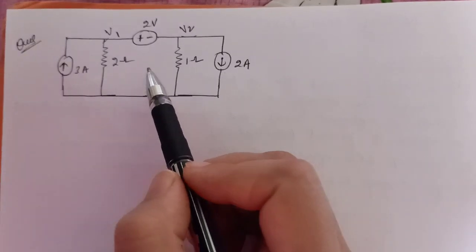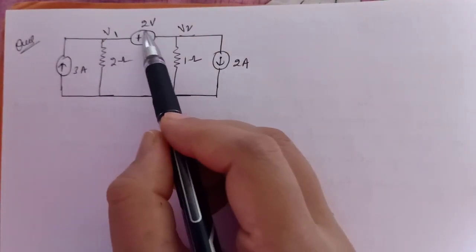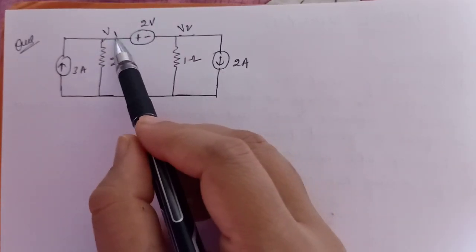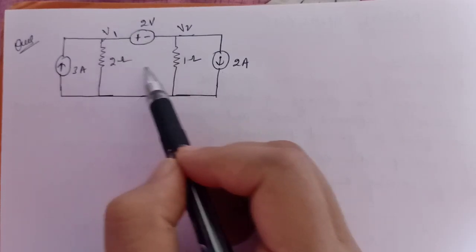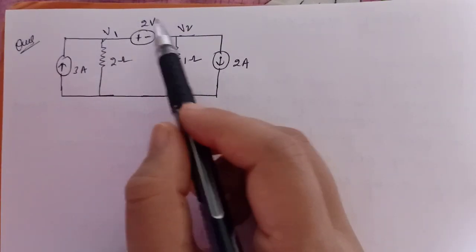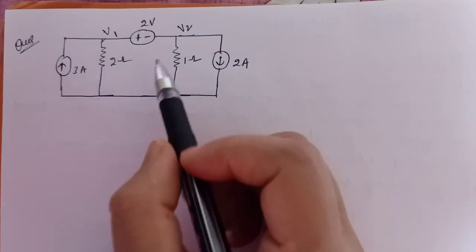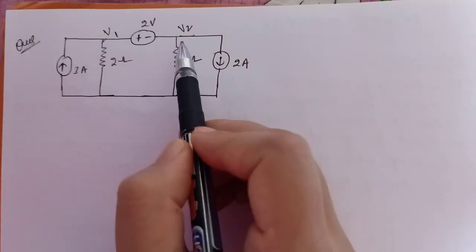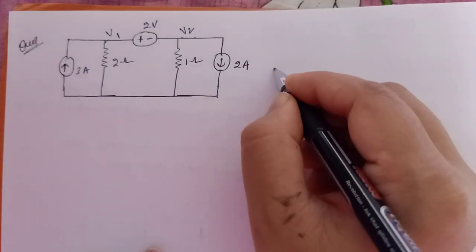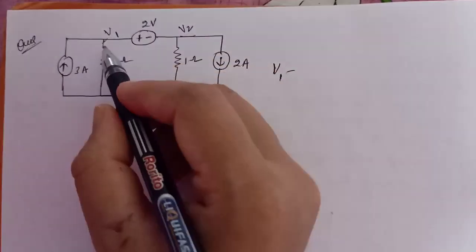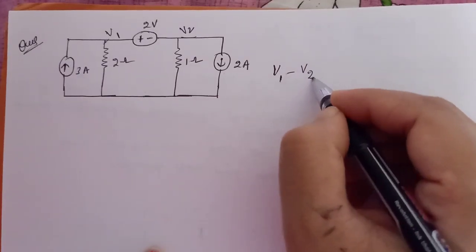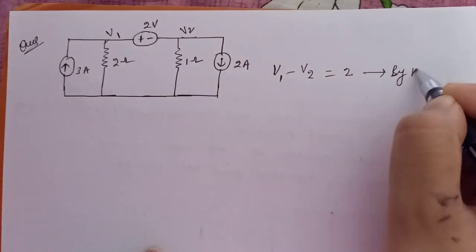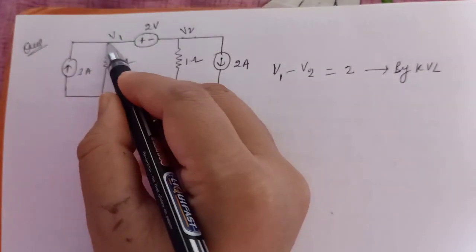So for these types of questions, since one ideal voltage source is connected between two nodes, you cannot apply the KCL here. So for these types of nodes, you have to use the technique of super node. Clear? In super node, apart from KCL, you have to apply the KVL also. So here apply the KVL. So by KVL, V1 minus V2, if I am taking this as a high potential, minus V2, total voltage drop will be equal to 2. Clear? So by KVL. Now I apply the KCL.